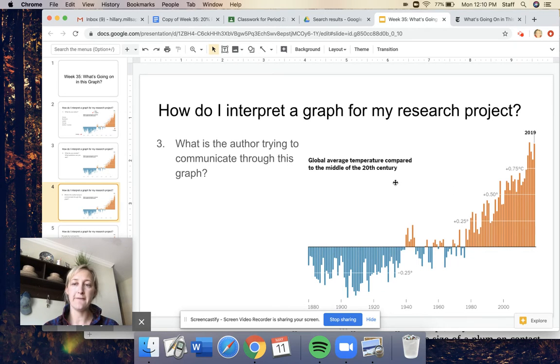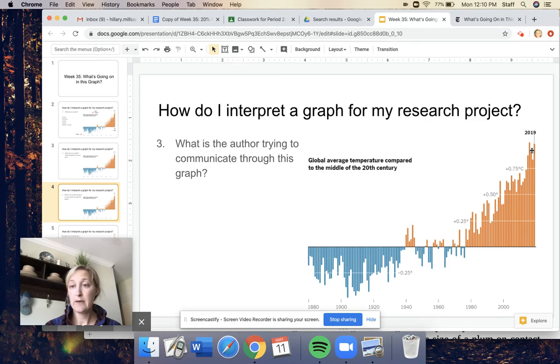And what I would infer based on the things I noticed and the questions I asked is that overall, global temperatures have been increasing relatively consistently for the last 140 years. So, over the last 140 years, global average temperatures have pretty consistently increased by almost a whole degree